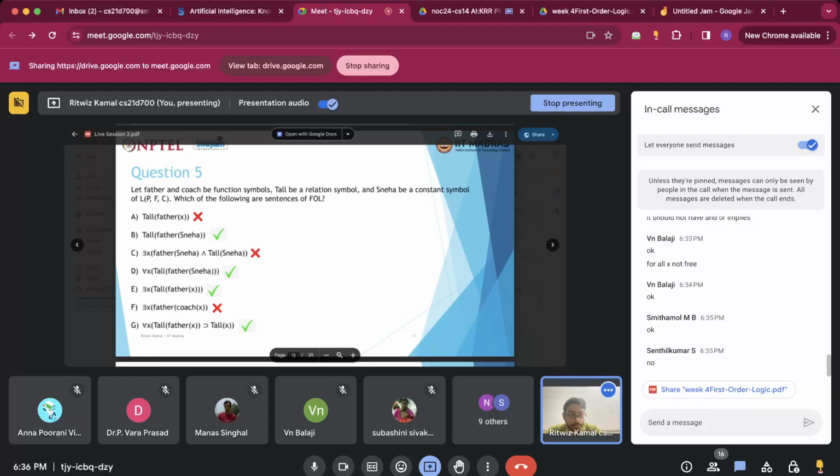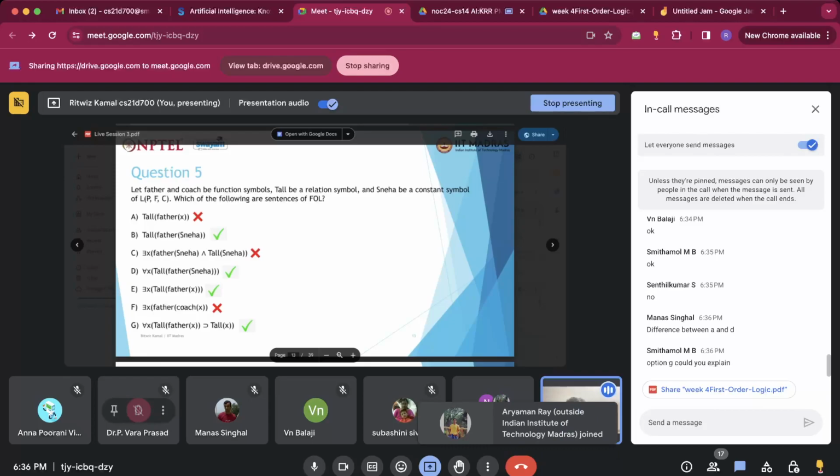Okay, so are we clear about these options? Difference between A and D. Okay, sure. And option G. Okay, so let's go over A and D. So in option A we had x, which is a free variable. First of all, there is no quantifier to the left of the formula. By quantifier I mean either a universal quantifier, that is for all, or there exists quantifier, or an existential quantifier, right? So this x over here,